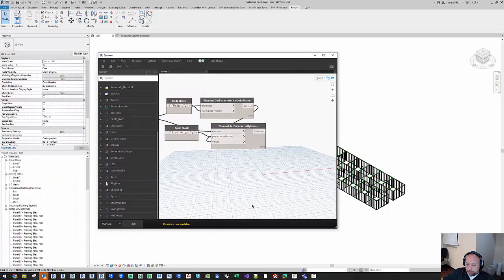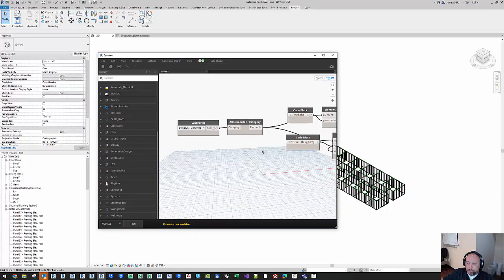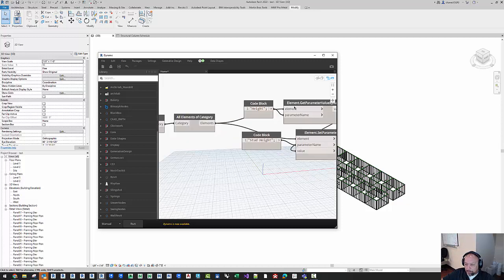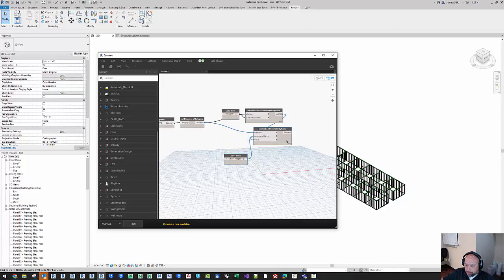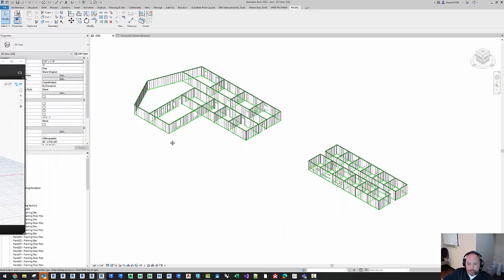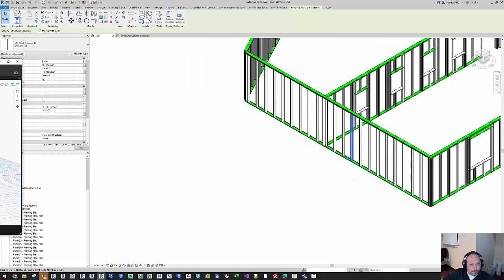Hey, I'm just going to go over this Dynamo routine, grabbing an element parameter and assigning a name. So getting the parameter name and assigning a name, and then making a schedule from that. So I have my columns right here,